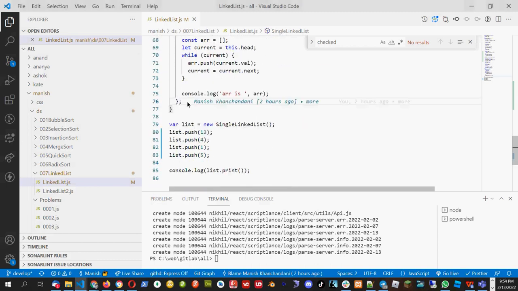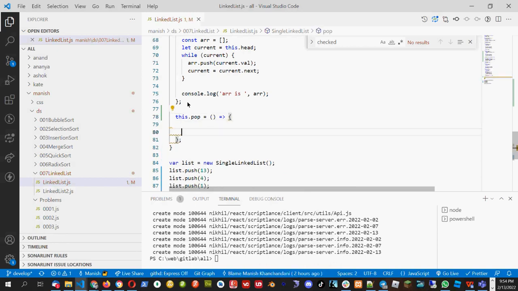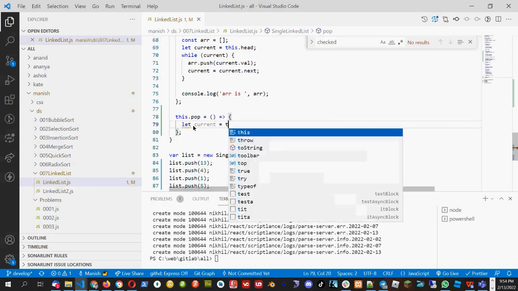So I'll create another function, this dot pop. Pop means we have to remove from the end. I will put some if condition later, next week, in the pop, but at least if we have more than 2 elements, we will work with that condition. For other conditions, we will see how to fix that next time. But let's consider we have more than 2 elements in the linked list and we need to remove the last one. So I will create one variable called current, which is pointing to head,